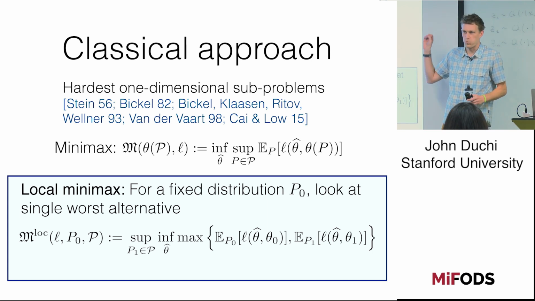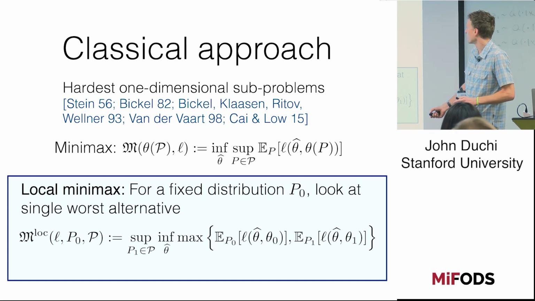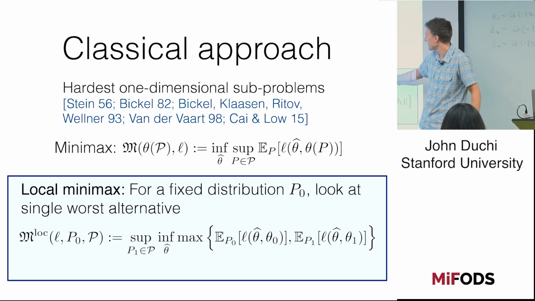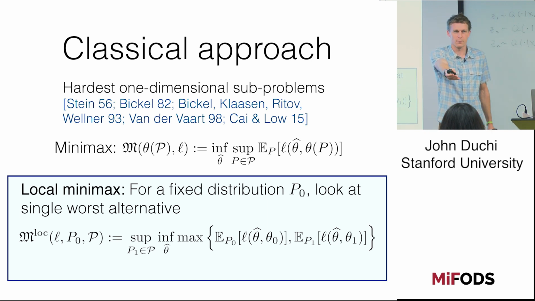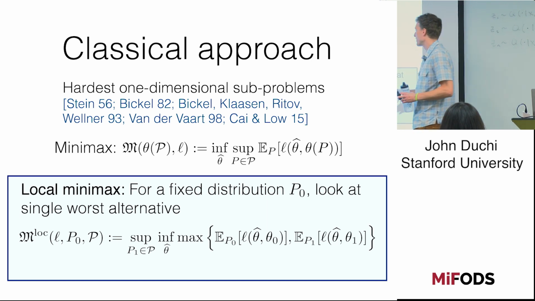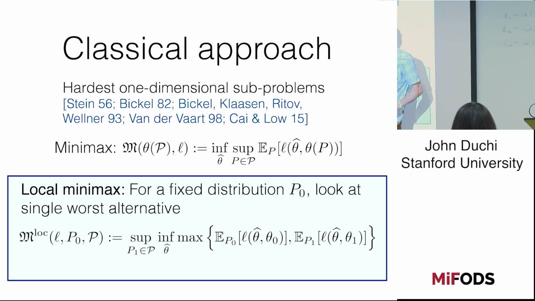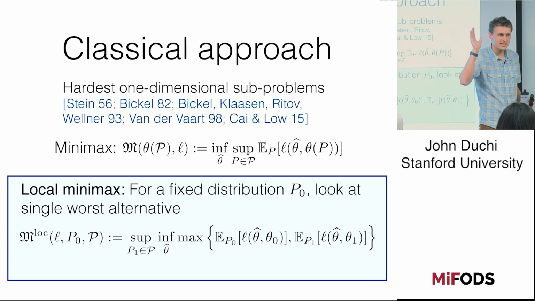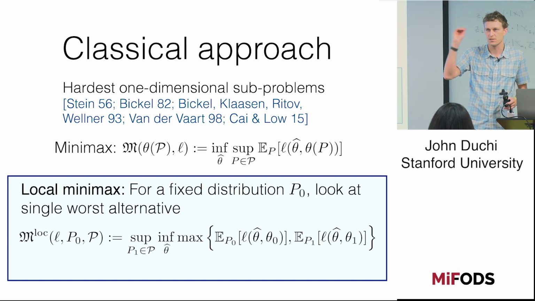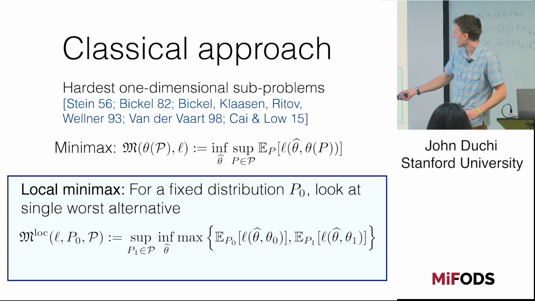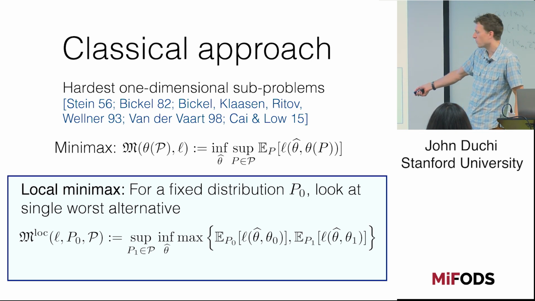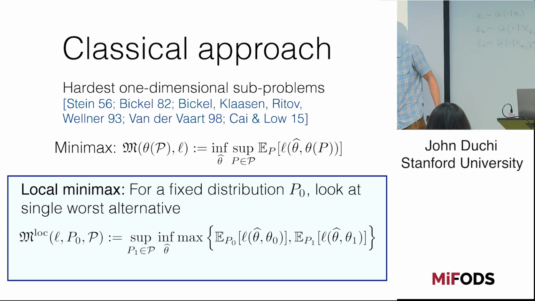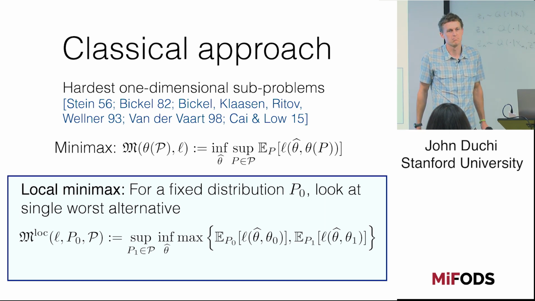And then what we're going to look for is one alternative distribution to P0 and look for the single worst one. So we go from worst case to saying: fixing this distribution P0, which is your problem at hand, I'm going to look for the worst other possible distribution. And then my estimator gets to know the data is either P0 or P1. It's a one-dimensional problem. You just have to decide, was it P0 or P1? And we're going to look at the worst risk between P0 and P1. So we go from worst case to just the hardest single problem between P0 and P1.